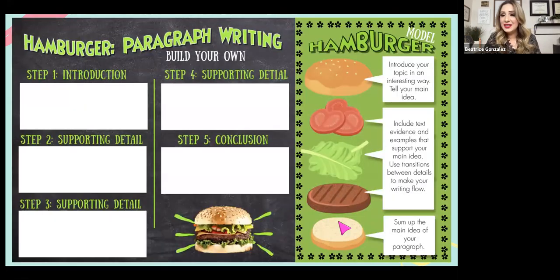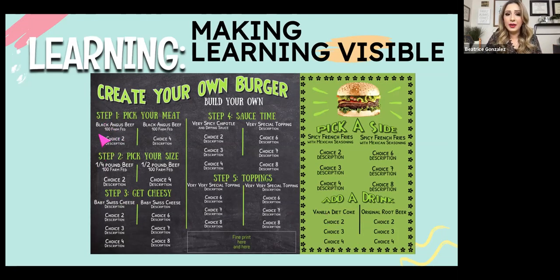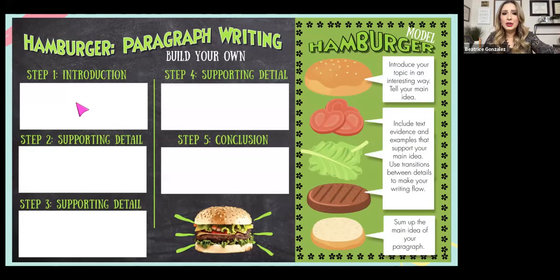So check this one out. This is what I created for the kiddos so that our writing teachers can use it and they can practice writing those paragraphs. And all I did was remove what would be the menu of creating a burger, and I duplicated that box, and that was it. And then on the right-hand side, this is my favorite part, they have an anchor chart to reference as they're completing this assignment. So this is a free resource that you can take back with you and share with your writing teachers, but see how easy it is.